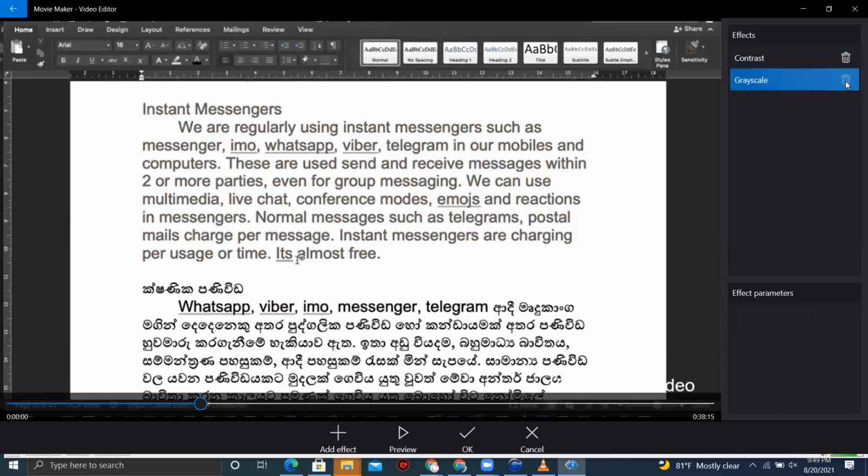So let's undo the grayscale one. I don't need that. Sepia tone is like you want the image to look somewhat old, like the old monitors, the brown color look. If you want to show this as an old video, the sepia tone is used. Don't need that for the moment. And saturation. If you want to desaturate or resaturate, fill more colors, it would be useful. Right. Okay. Likewise, you can add the effects.